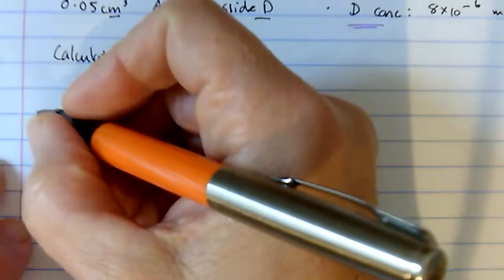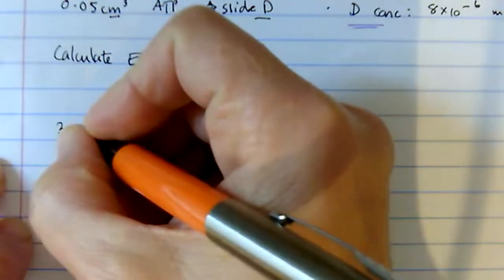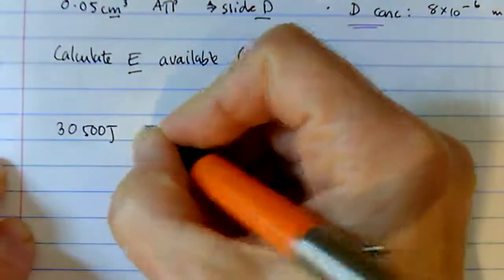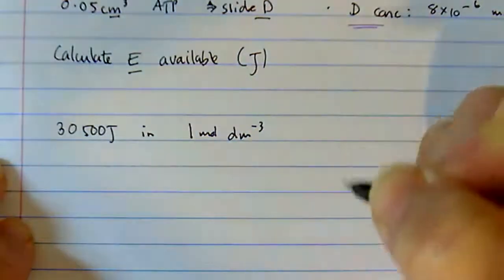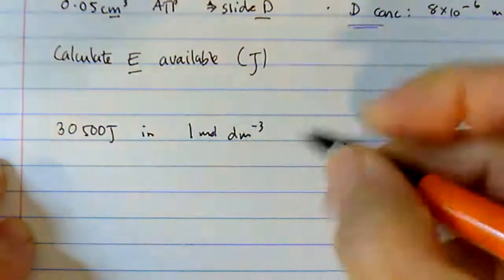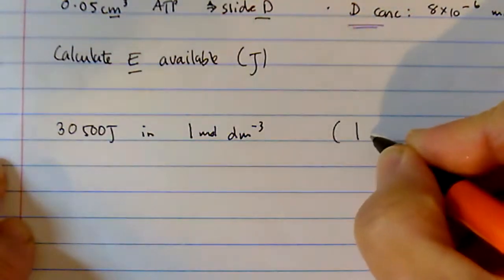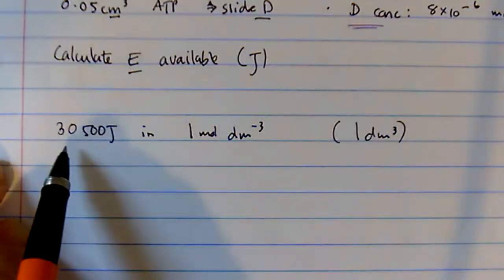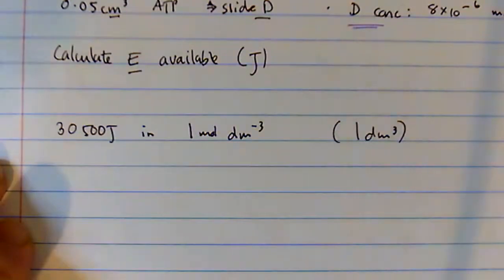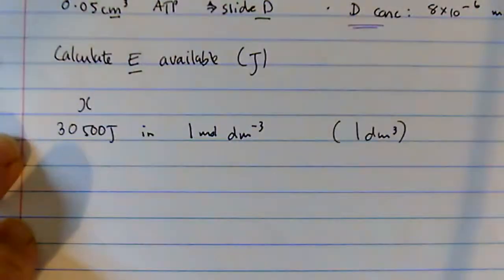So we know that there are 30,500 joules in 1 mole per decimeter cubed, and that's for 1 decimeter cubed of it. So for 1 litre of it, we know that there are 30,500 joules. And we want to know how many joules there are